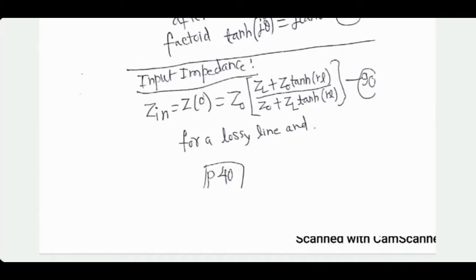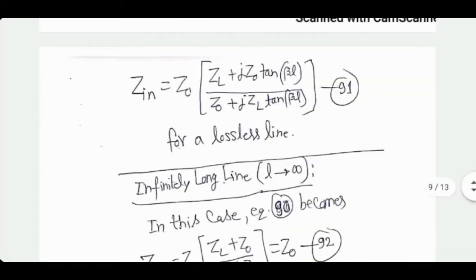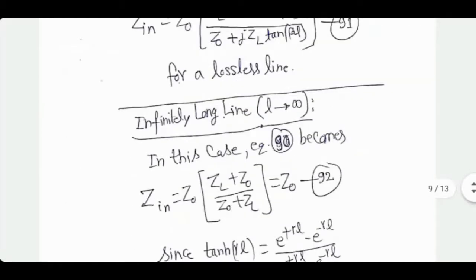That is one method of defining Z0. Z0 is that hypothetical value of load impedance. No, sorry. Z0 is the input impedance that will be seen in any lossy transmission line if it is infinitely long. That's one way of defining Z0 of a line. That's what I've written here.